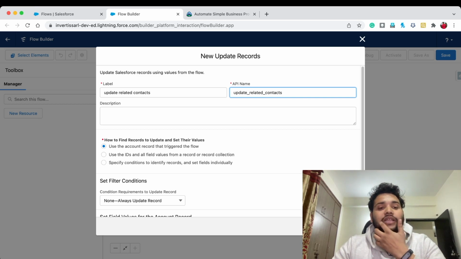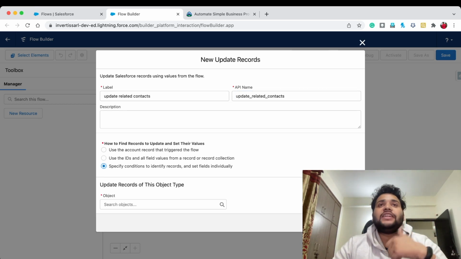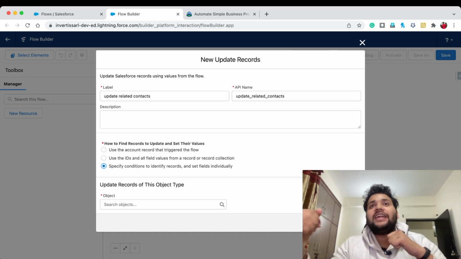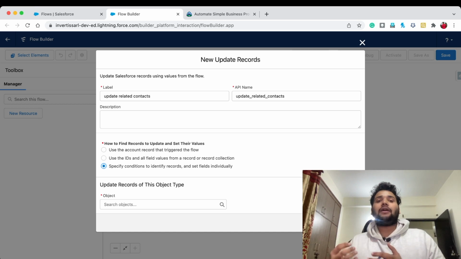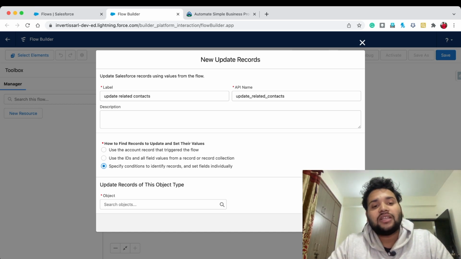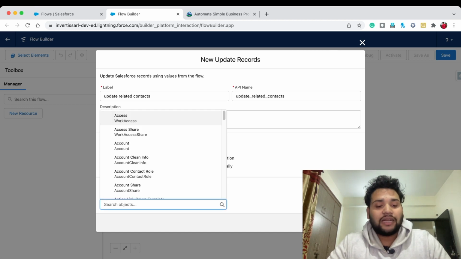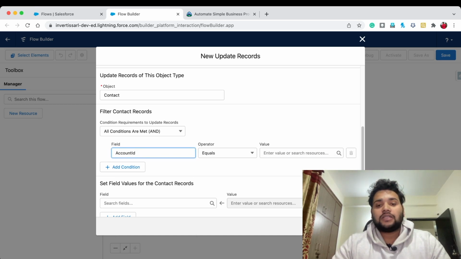So we need to select the third option over there, because first we need to identify which related contacts to update and then assign the value from account shipping address to the contact mailing address. So that's why we are using the third condition over there. So select contact, and in the contact you need to simply type account ID equals